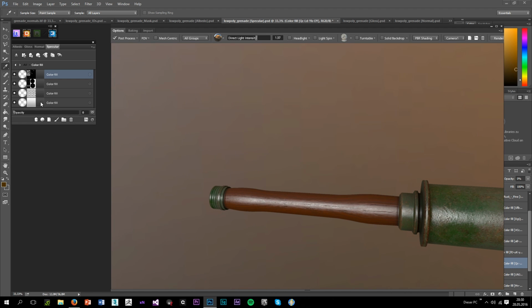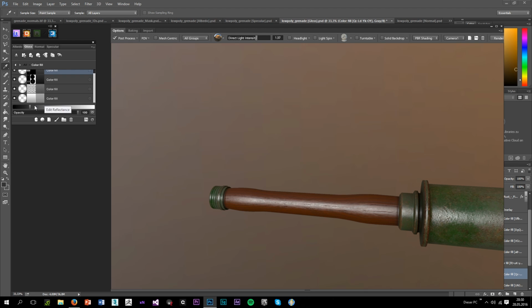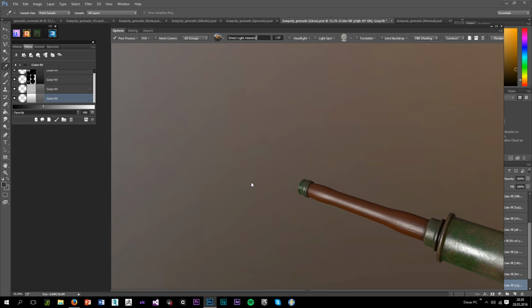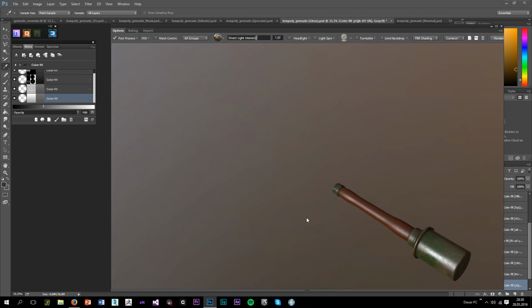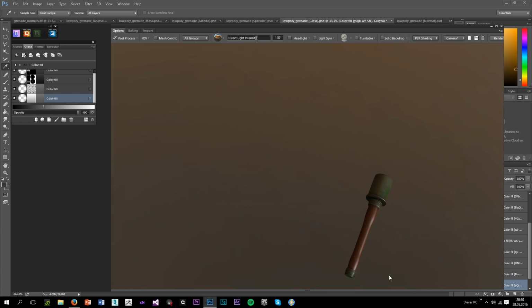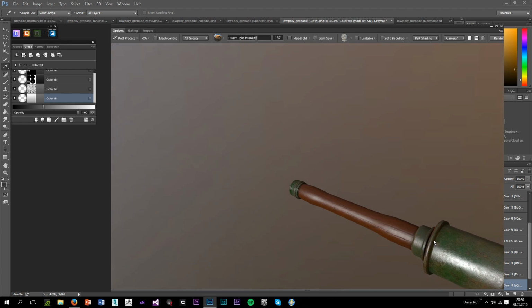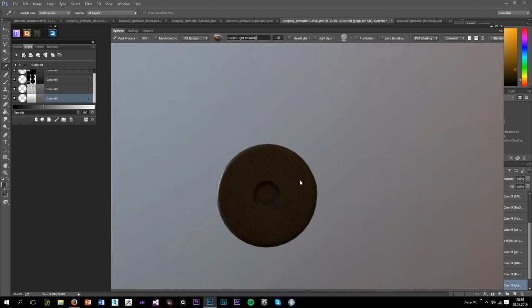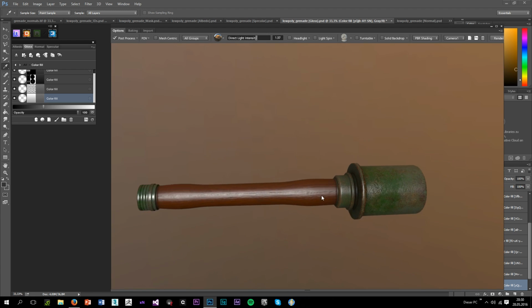I think I want to just decrease the gloss here. Okay, so now I want to take